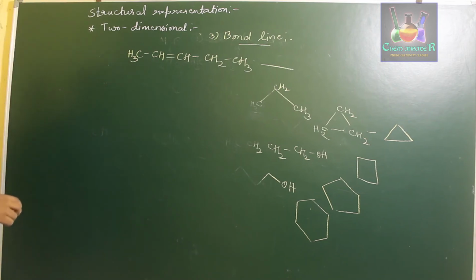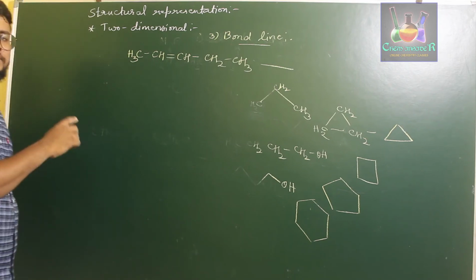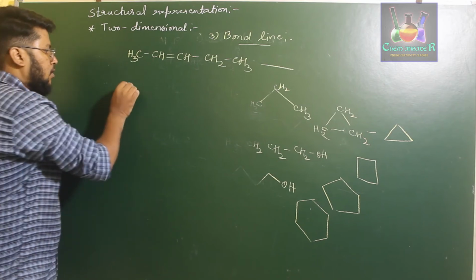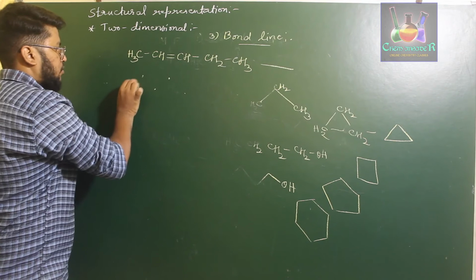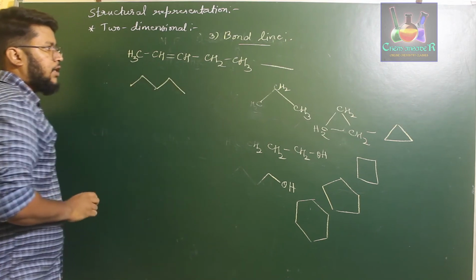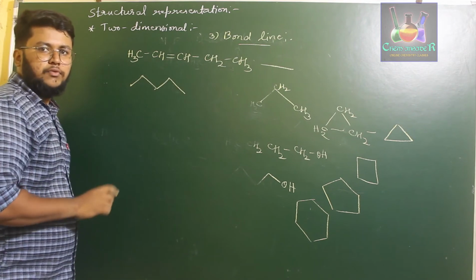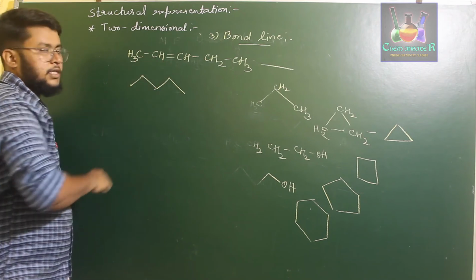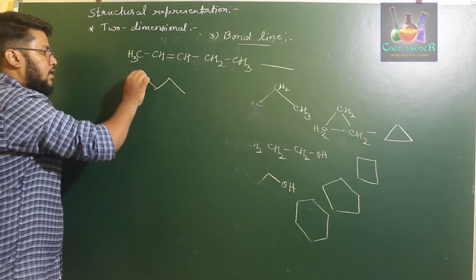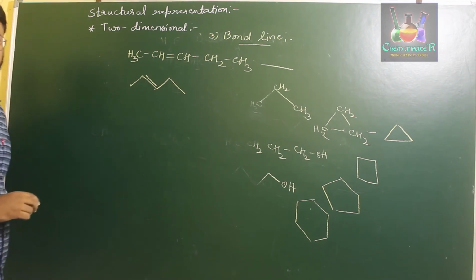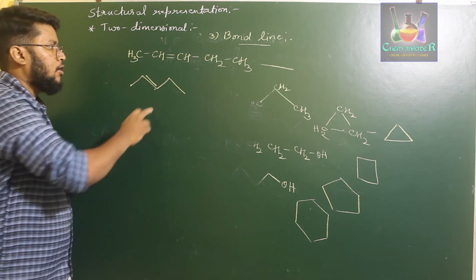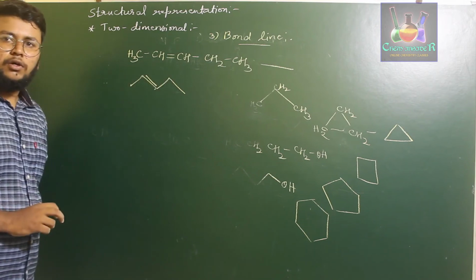So first let us count the number of carbon atoms. It is a 5 carbon atom compound: 1, 2, 3, 4, 5. So join those points and you will get the 5 carbon atom compound. And next we need to understand where the double bond is present. The double bond is present between these two carbons, so you can draw the double bond over here. That gives the bond line structure for this particular compound.